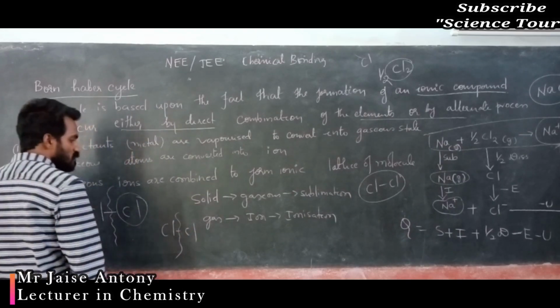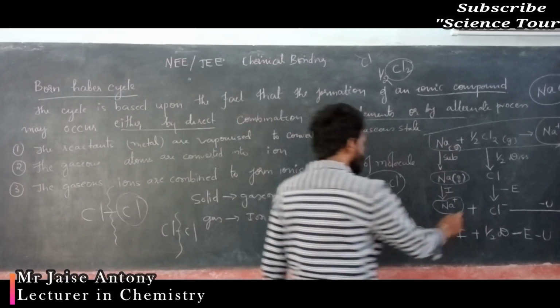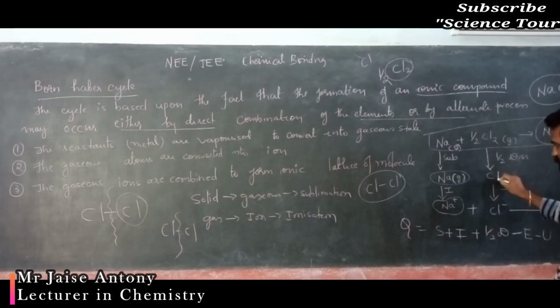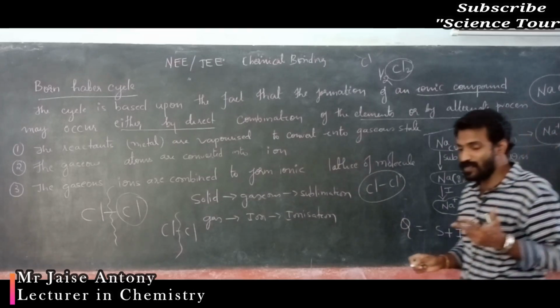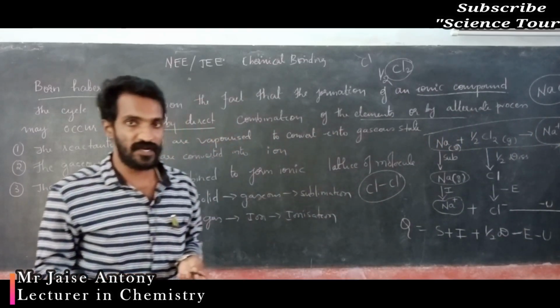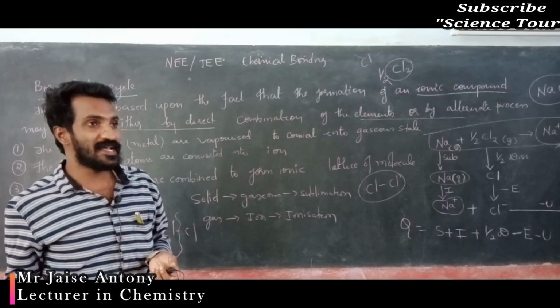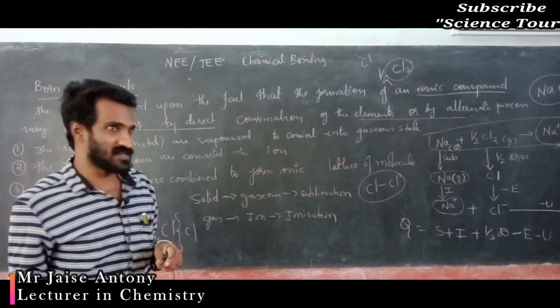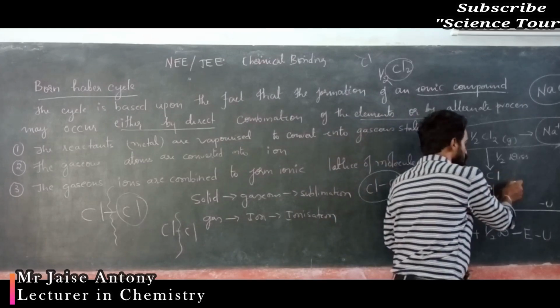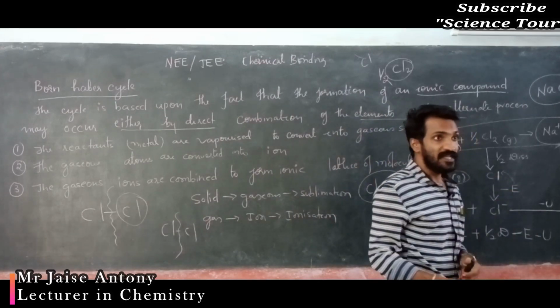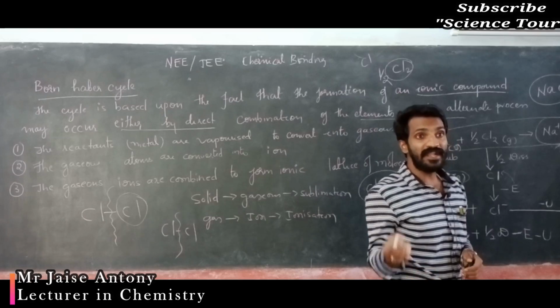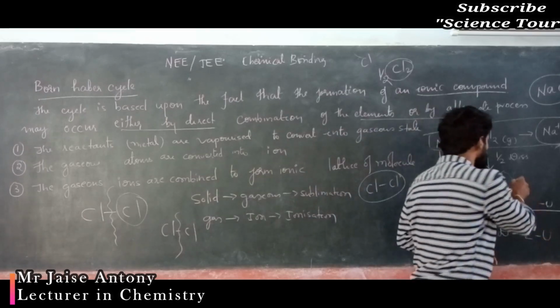Cl2 will divide into Cl atoms, that is called dissociation. This is a neutral atom, my dear students. There is no charge on this particular neutral atom. Again, what happens? You should convert it into an ion. For chlorine, it is not possible to remove an electron, so what you are doing is adding an electron. This minus E represents the energy released during adding the electron. That process is called electron affinity.